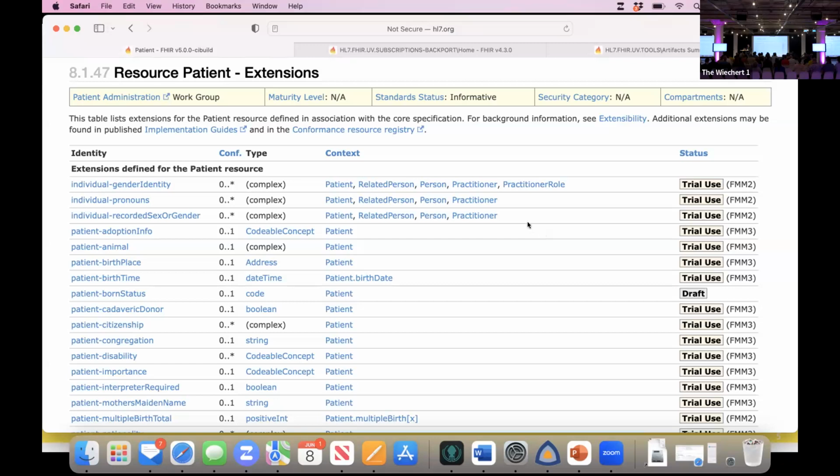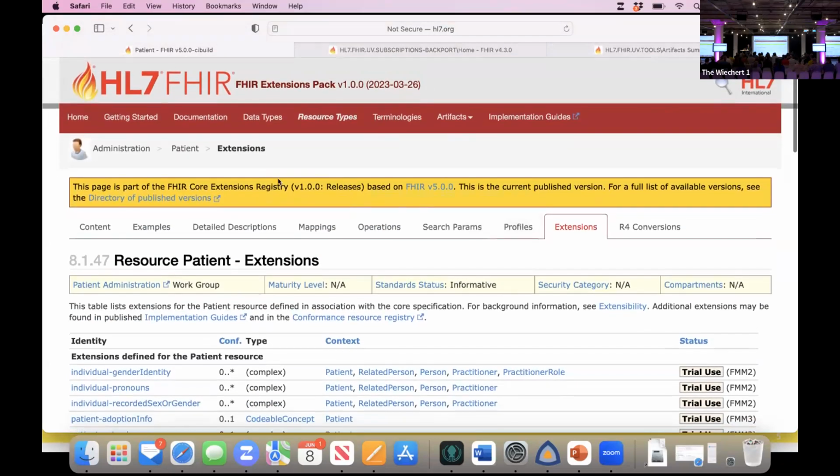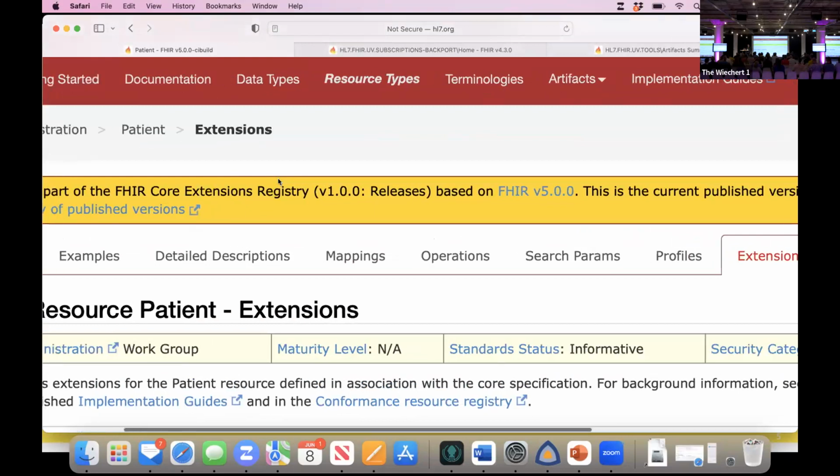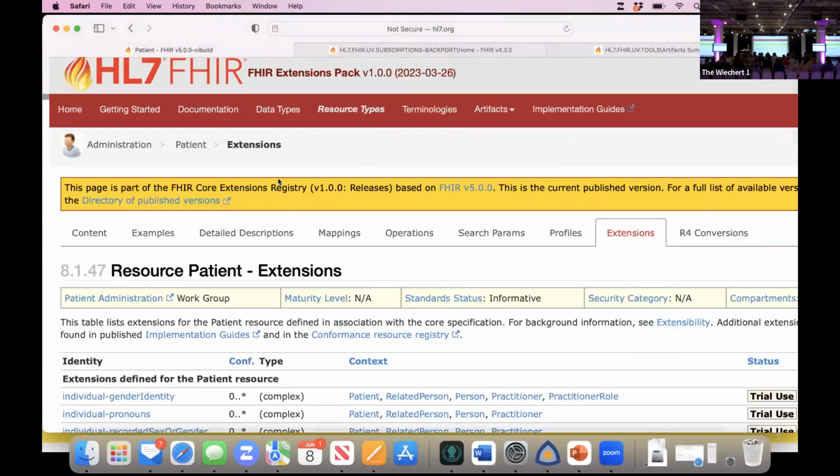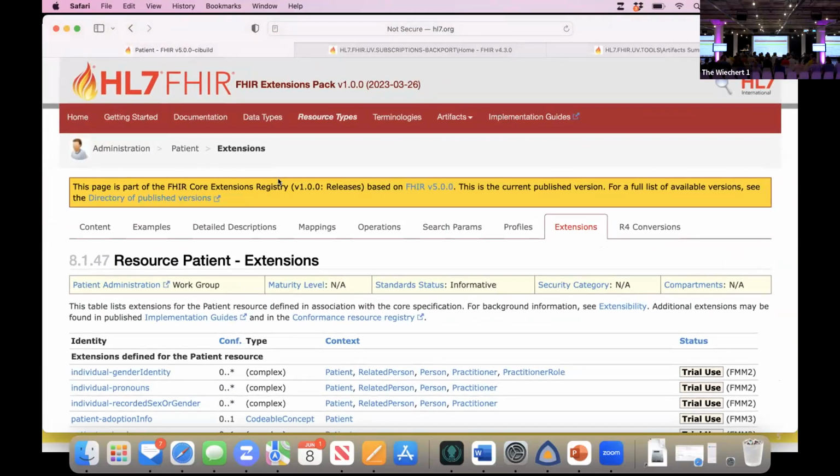And you can see that the box at the top here has changed. This is part of the FHIR Core Extensions Registry, not part of the FHIR Core specification. And in particular, the whole point of this is it will iterate more quickly. And my hope is that we'll get to a point where we pretty much publish it 3 times a year. Every few months we'll publish an update. These pages will update, the details of the extensions might update. And so we can start actually publishing this list of extensions more frequently. And the first one won't be 3 months because we're still getting into gear.